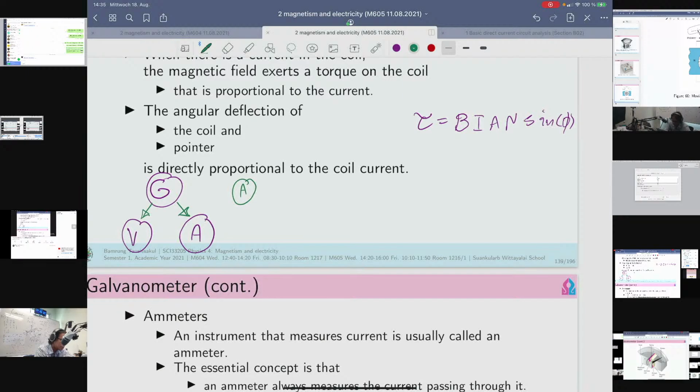And the next one is the voltmeter, which is denoted by V surrounded by a circle, and it's written right there, voltmeter, and used to